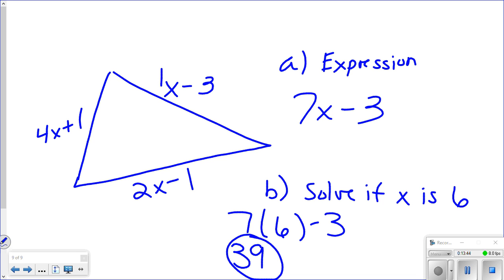How much time do we have left? You got about